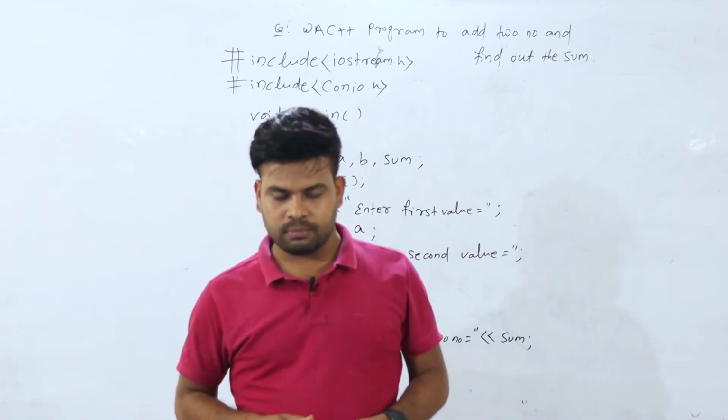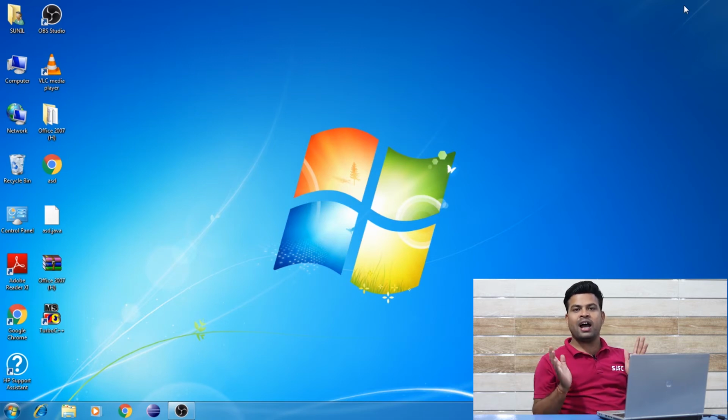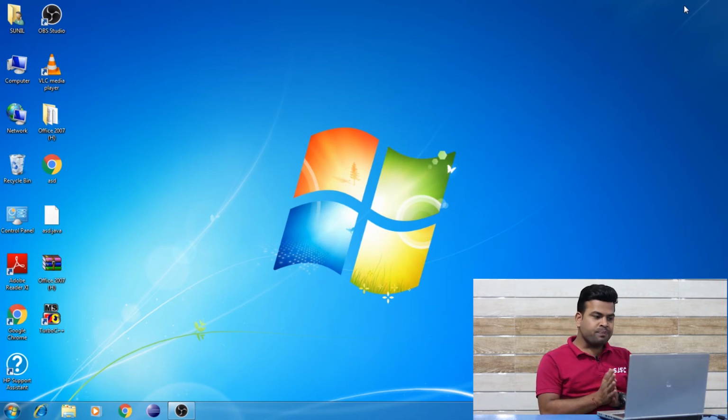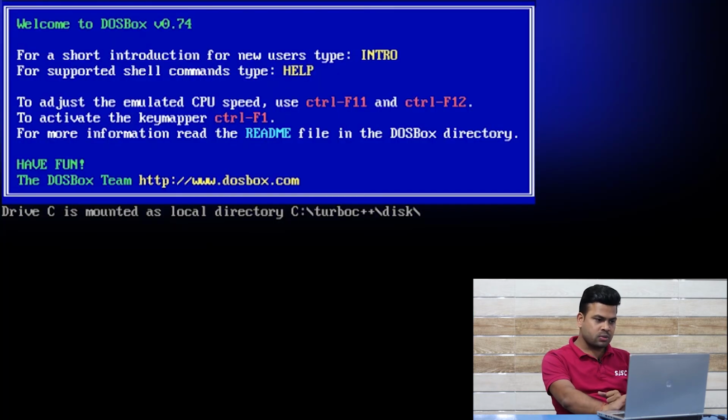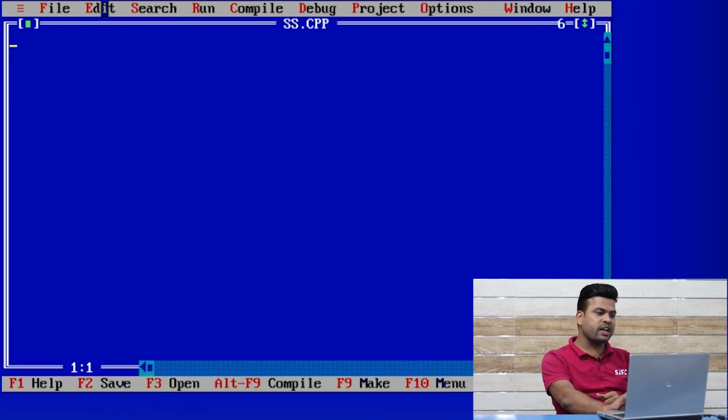Okay, dear students, now I am showing you the practical way to add two numbers in a C++ program. So let's start. First you have to open your editor, that is Turbo C++. Then you have to create a file.